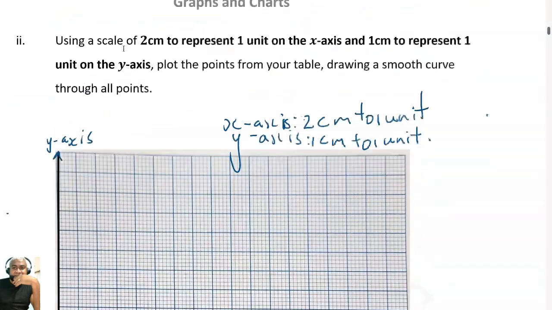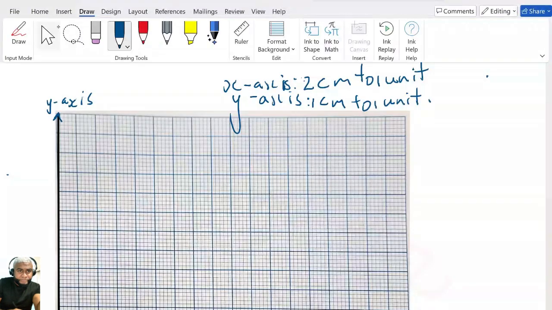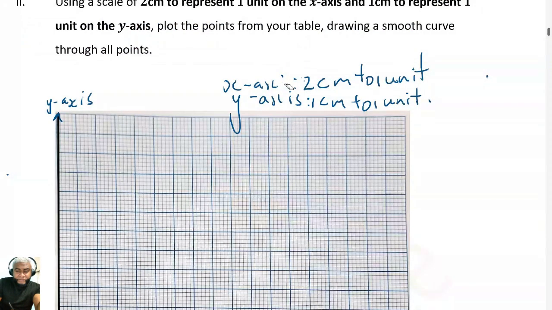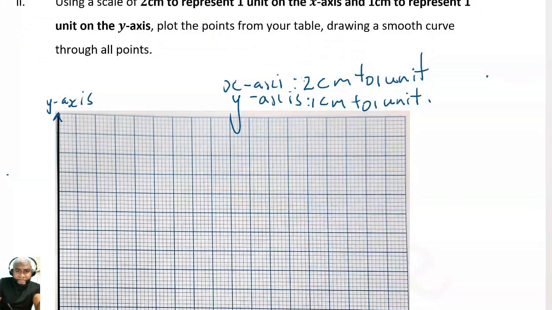All right. So you have the x-axis, you have the y-axis. Everybody with me so far? I want to know that you all have this. Some of the most important things that must be on a graph is you must have your axes on the top here. Then you must have